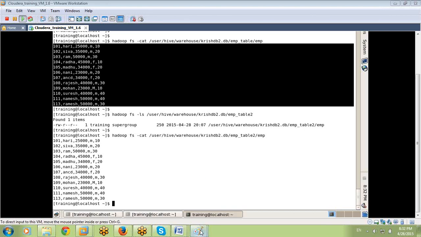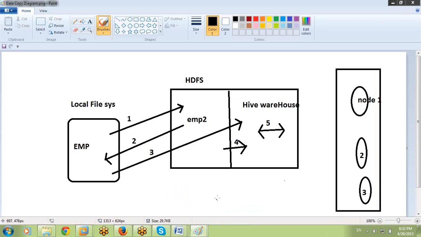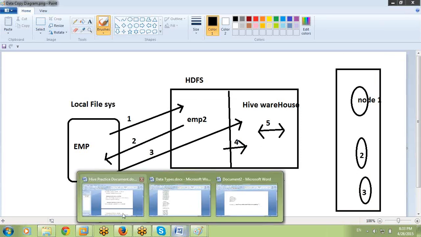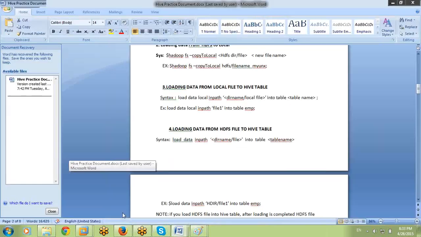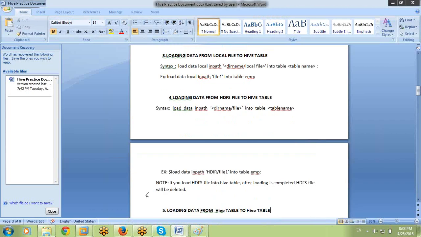Now, before going to the fifth arrow, let's see one more important point about the fourth arrow. If we copy the data from HDFS to a Hive table, if you load an HDFS file into a Hive table, after loading is completed, the HDFS file will be deleted automatically.